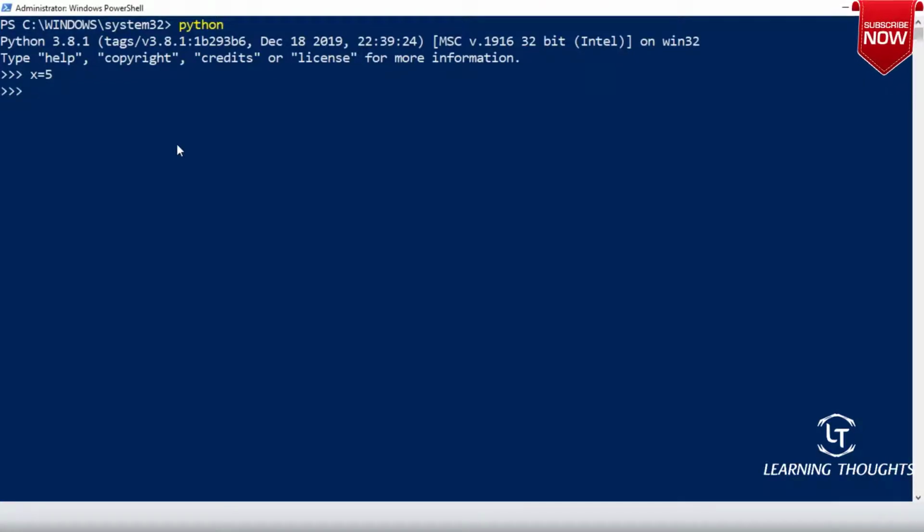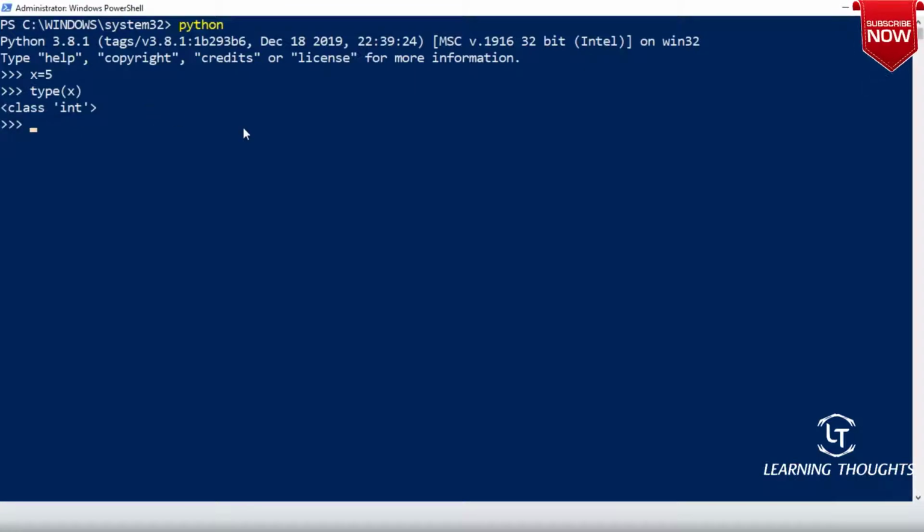And I have said that every programming language uses something called a data type. Yes or no? So let me write type of x.